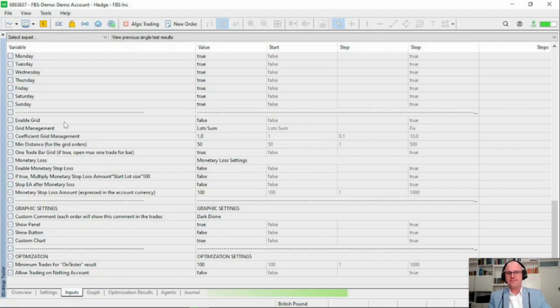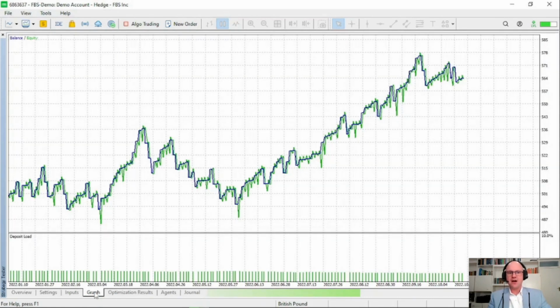So while our optimization and testing is running in the background, this will give us a great idea of how the strategy performed during our custom period, using only a 0.01 lot size. Additionally, if you want to increase your speed of testing, what I found is to turn off the panel and the chart would also further increase our testing speed.